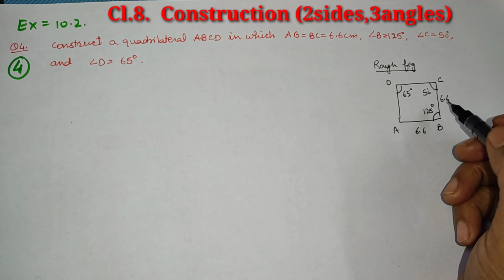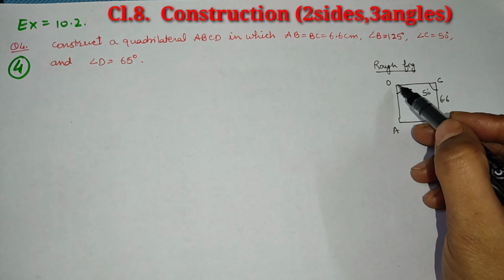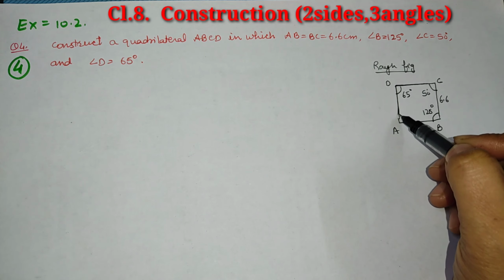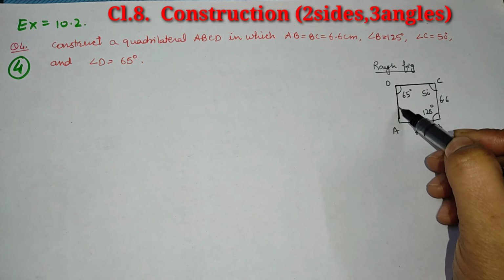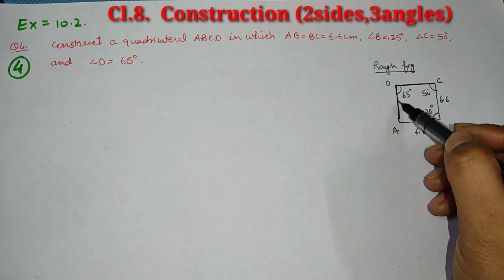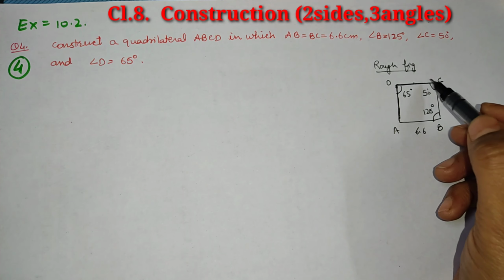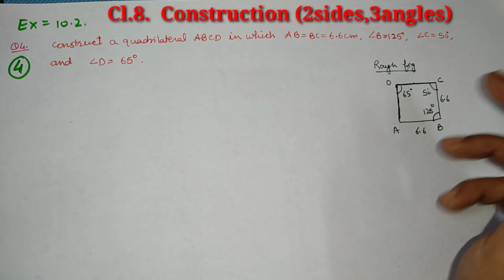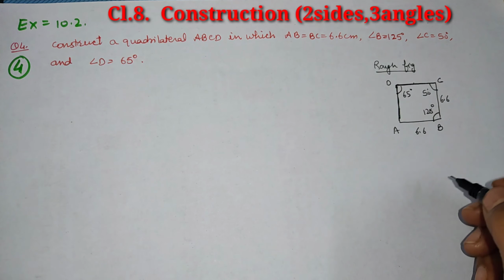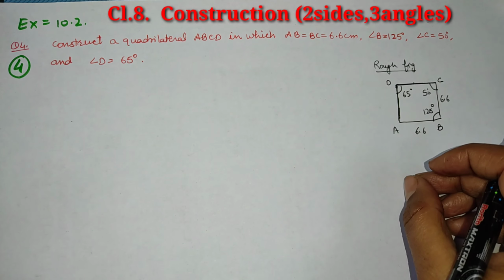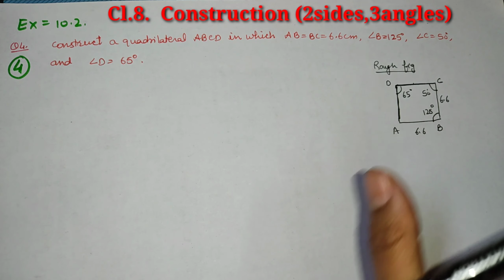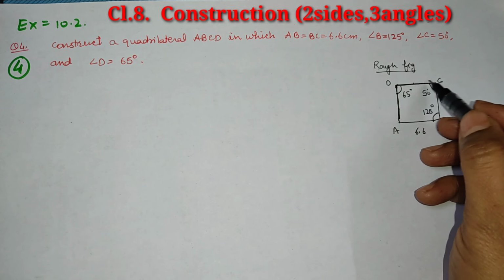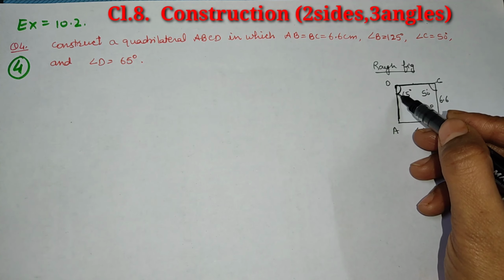Now you can see one thing: angle D is an angle. An angle is made up of two arms, and in angle D both arms are not given. See, the DC arm and the DA arm, both are not given, so we are not able to draw this angle. If you know a line of, say, 1.2 centimeters, then on one point, A or B, you can draw the angle. But for angle D, you don't know the DA side and you don't know the DC side, so how will you draw the 65 degree angle? It's not possible.